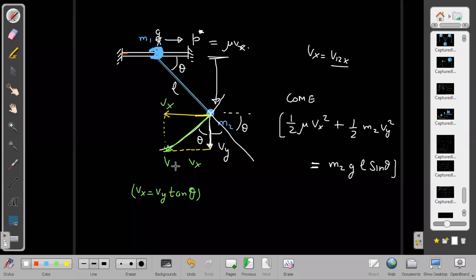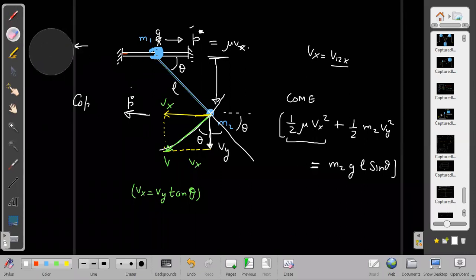Did we use conservation of momentum here or not? We used conservation of momentum, but you may not be knowing it. Subconsciously you used it already. While we said that this side is P star and that side also it is P star, while using the formula mu into Vx square, indirectly we are saying that the momenta in this frame are equal and opposite, so momentum is 0 in the beginning and now also it is 0. So we have already used conservation of momentum.